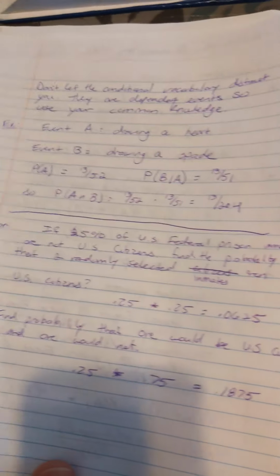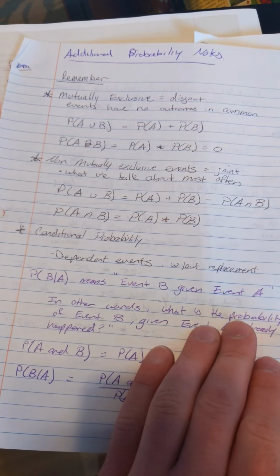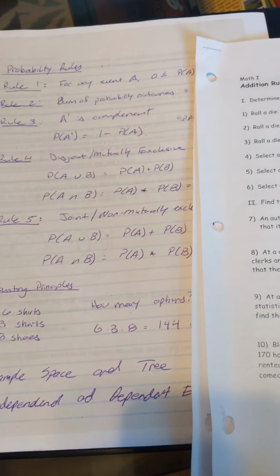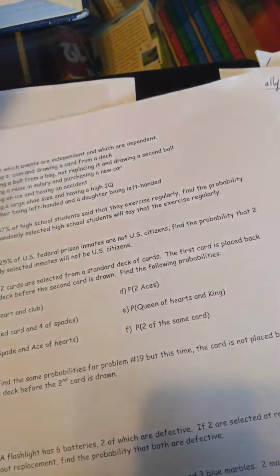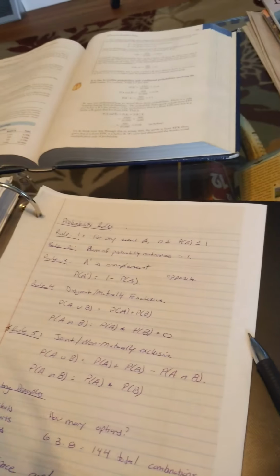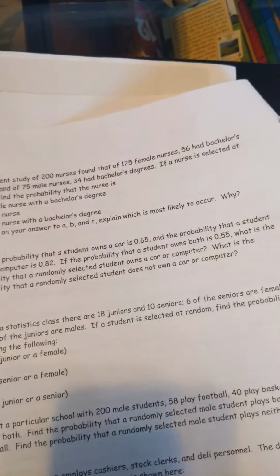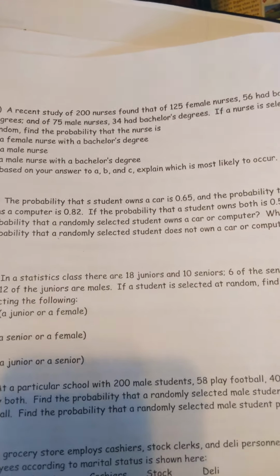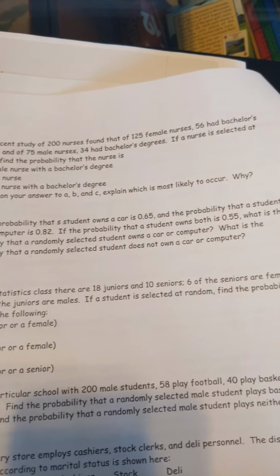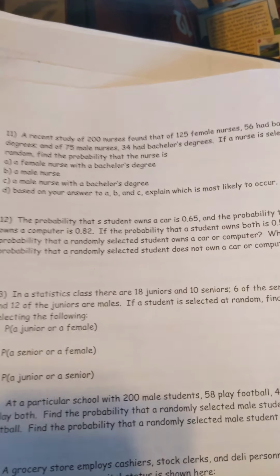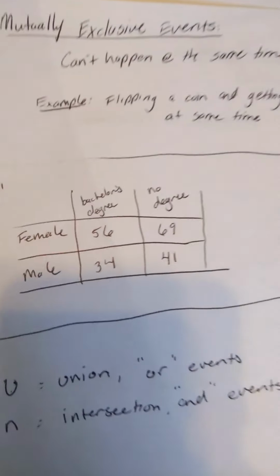So as we're looking through this worksheet, and mind you, there's many example problems in those notes. Okay, many example problems of remembering, so on and so forth. As we look through some of these problems, I trust 7 through 10 will be very straightforward for you. Number 11. The best way to do these sorts of questions, okay, it says a recent study of 200 nurses found that 125 female nurses, 56 had bachelors, so on and so forth, is to draw out a little